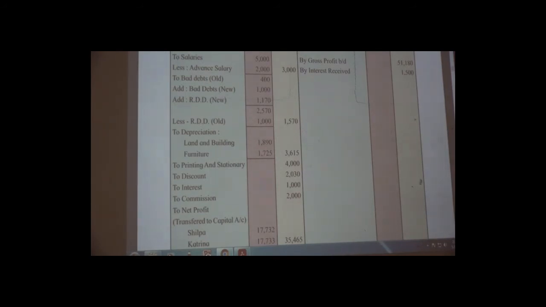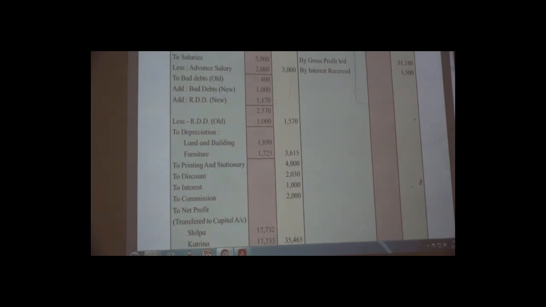So in our question, the interest is given on the debit side, that's why it is the interest paid by the firm. So again it is an indirect expenditure, that's why indirect expenditures are shown on the debit side of the profit and loss account. So we did the same here. We have written to interest by rupees 1,000. Okay. Now next one, commission. Again this is the commission paid. So write it on the same side, debit side of the profit and loss account, to commission.